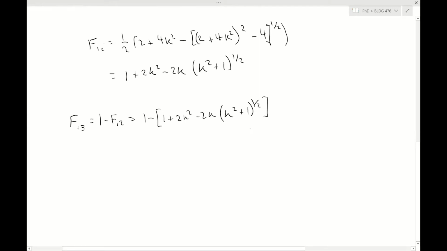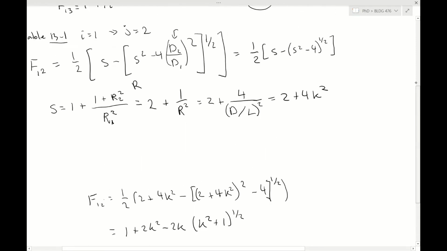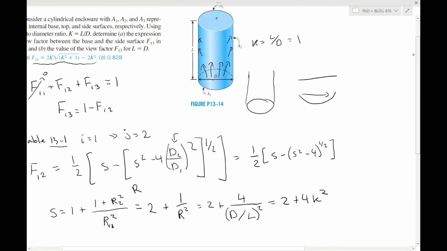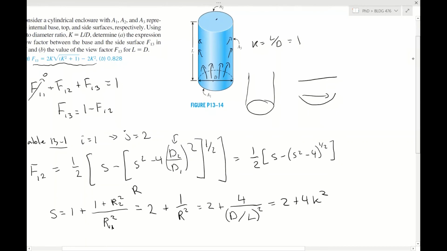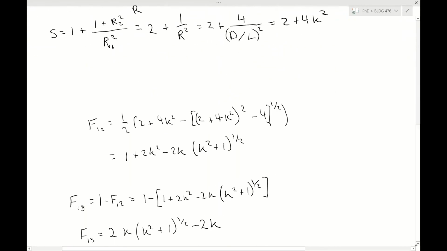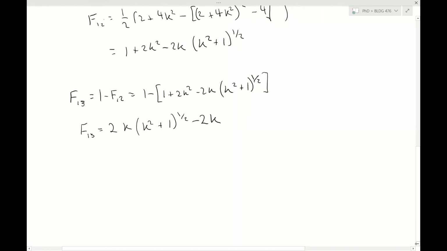All right. And simplifying this down, we can get F13 is equal to k squared plus 1 minus 2k. And this is what we were looking for from the beginning. Okay, so that was all for part A, and then for part B,